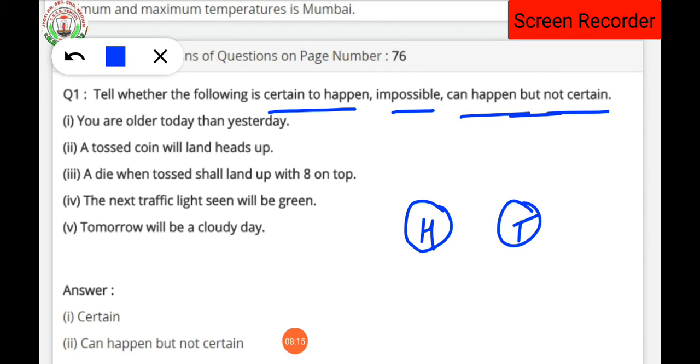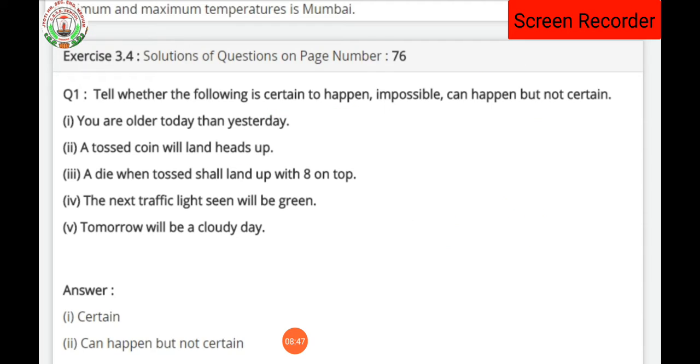जब कॉइन हवा में उछालोगे तो या तो हेड आएगा या तो टेल आएगा. So here it is said that head will come up. That means confirm, here head will come up, like a person is saying. But we can say that it can happen but not certain. अगर आप कॉइन हवा में उछालते हो तो हेड आएगा ऐसा ज़रूरी नहीं है. आप बोल रहे हो कि हेड आएगा, ठीक है, लेकिन ज़रूरी नहीं है हेड आएगा, टेल भी आ सकता है. So that's why the statement will be can happen but not certain. कन्फर्म नहीं हो सकता है, बट कन्फर्म नहीं है.